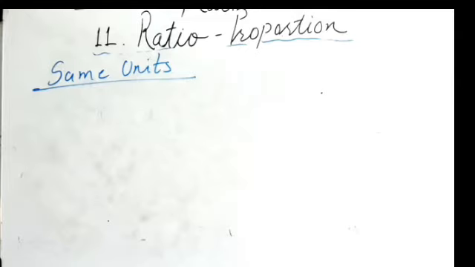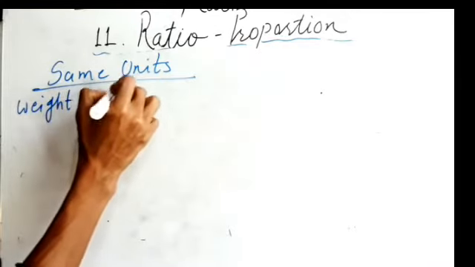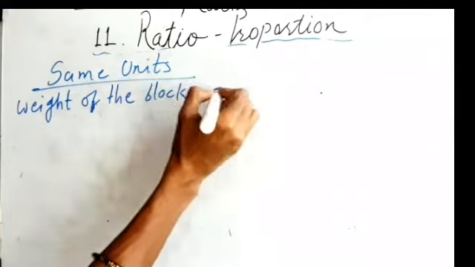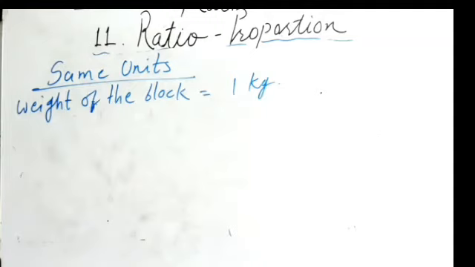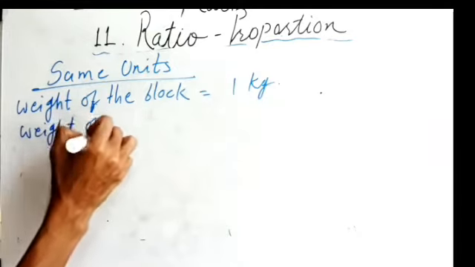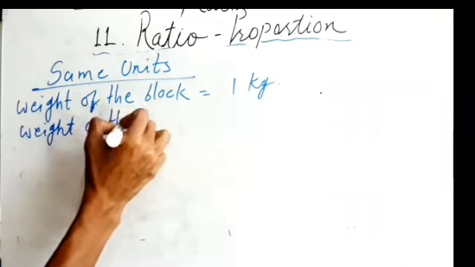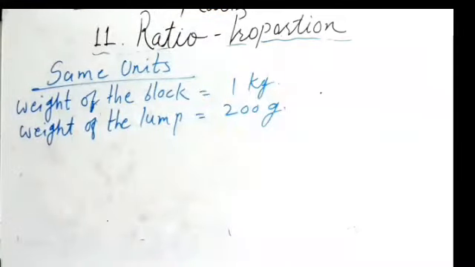The weight of the large block of jaggery is 1 kilogram. It is given that the weight of the block is 1 kilogram. And the smaller lump weight is given as 200 gram. So the weight of the lump is given as 200 gram. And they ask: find the ratio of the weight of the lump of jaggery to